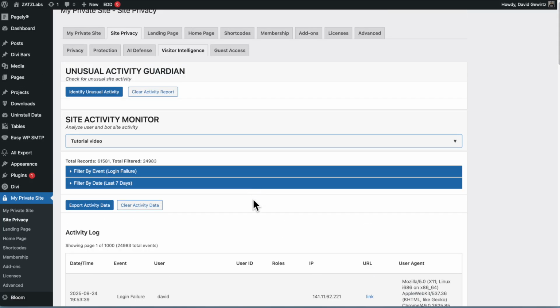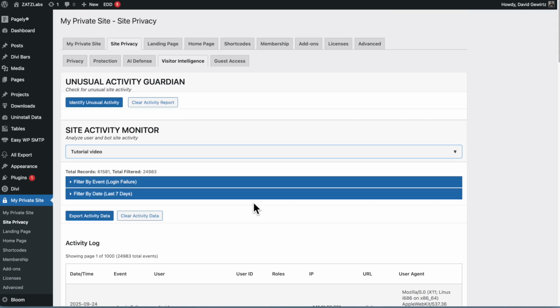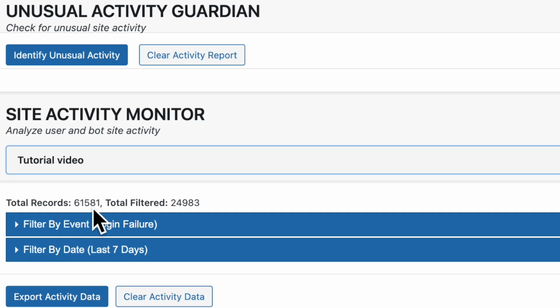But what if you wanted to get a really good overview of that information? Well, that's what the unusual activity guardian is for. Now, as you can see, there's 61,000 records right now that are being tracked. Those are every one of those particular attempts that have been recorded into the database. And you notice how quick these things are to filter. This stuff is going into its own database table and is very, very carefully indexed so it doesn't negatively impact